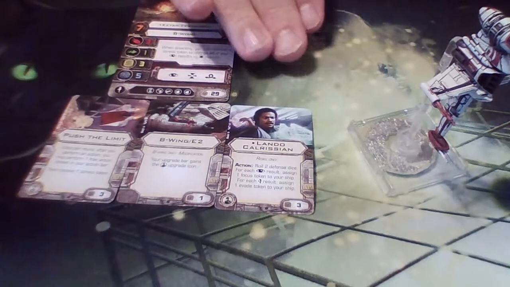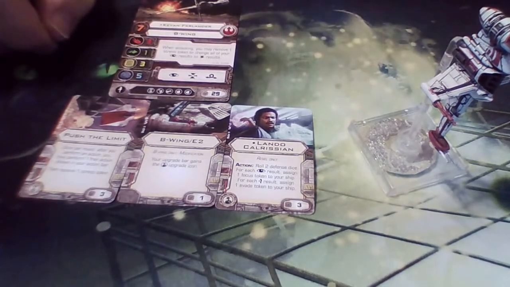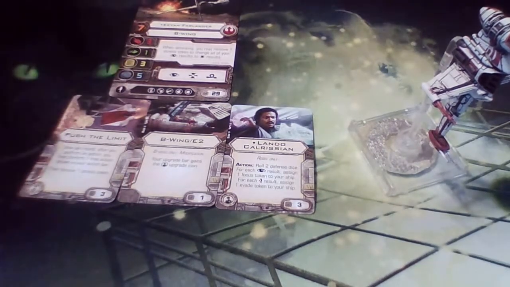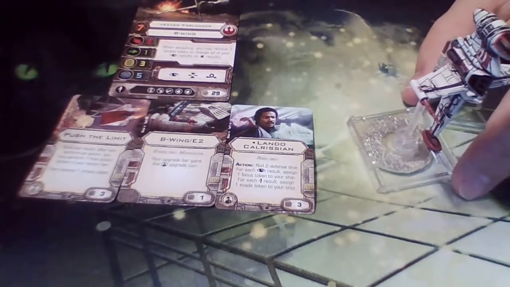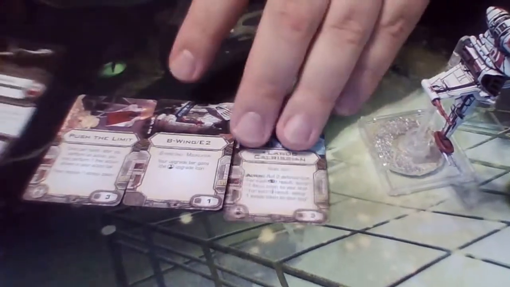Ideally, she wants to roll double evade as much as she can to protect it. And with the 5 shields, it's got 8 total health, so you're going to be sitting there beating it a while. With the 5 on her, that's something that's pretty good there. Alright, moving on. Our next ship